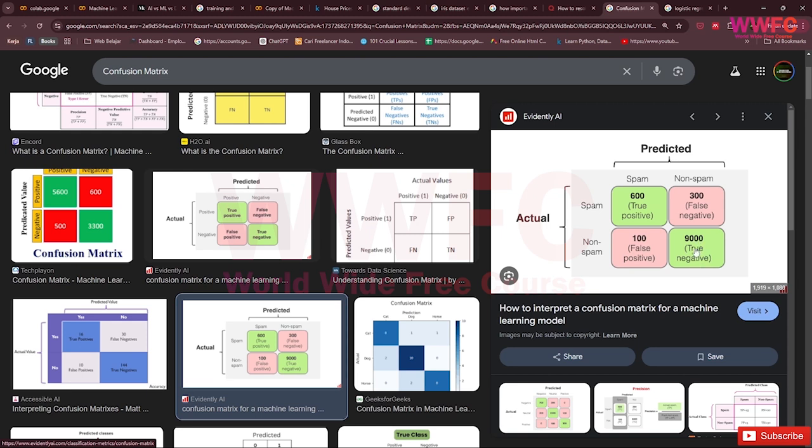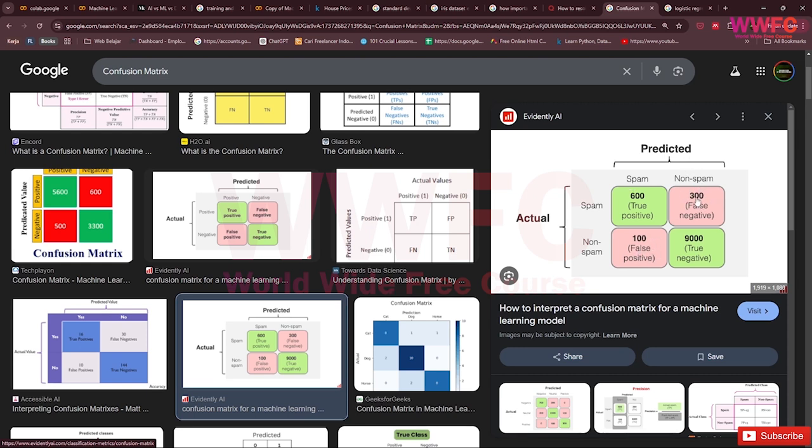Also for non-spam, the actual is 9,000 not spam, and the predicted is also true, 9,000 non-spam. But in here, the actual is non-spam, but the model predicted spam, so it's a false positive.